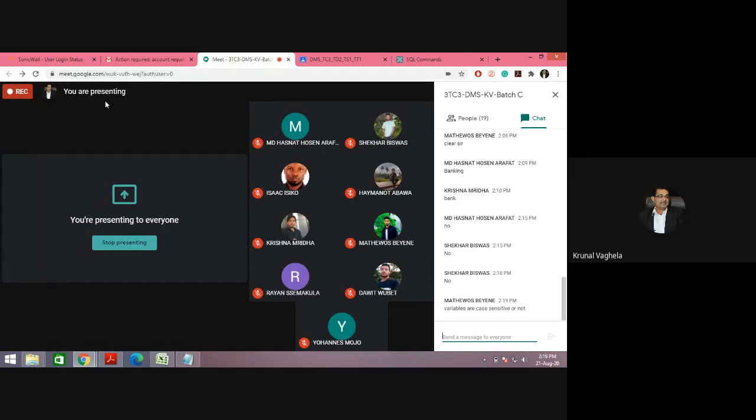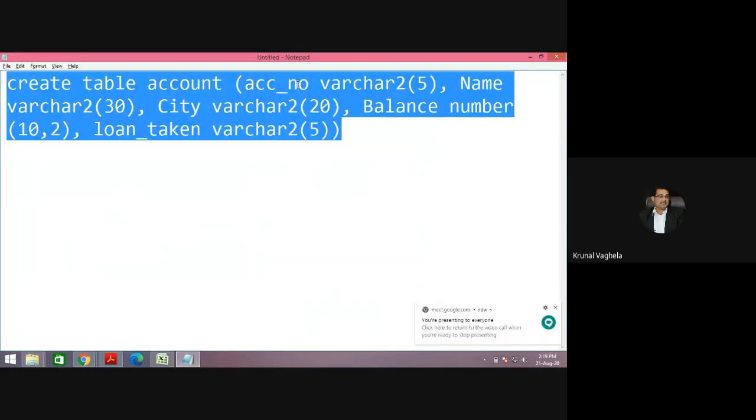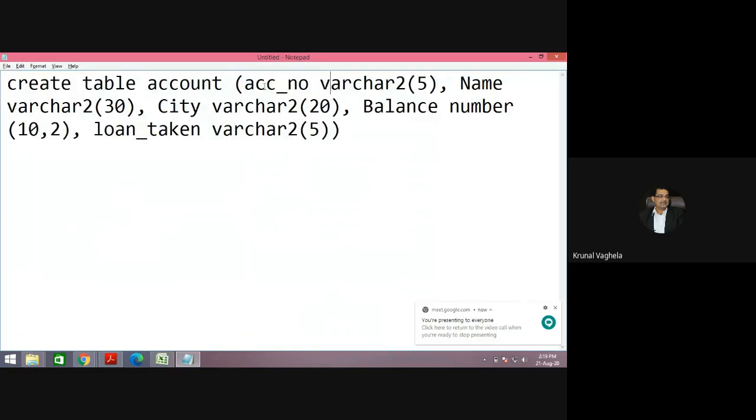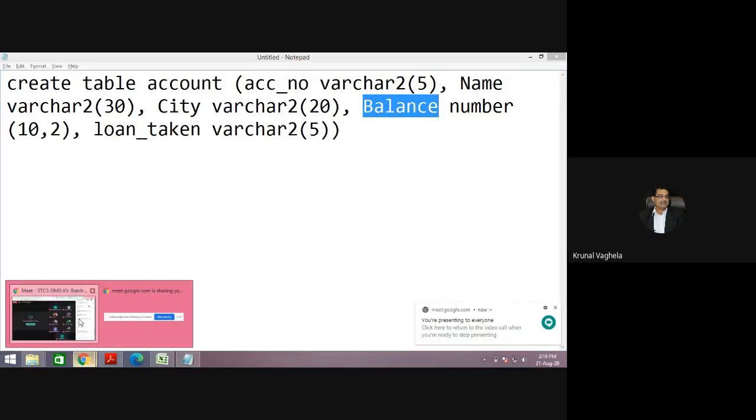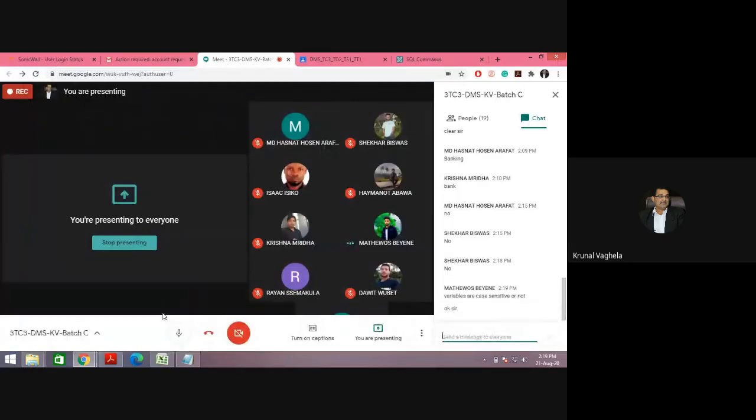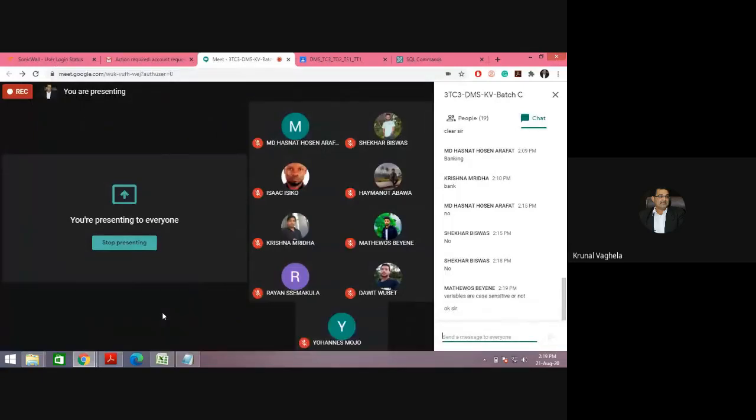Variables means these data types or these also are case sensitive, means column names are also case sensitive? Yes. You're asking about column names. Column names are also case sensitive, but values are not.